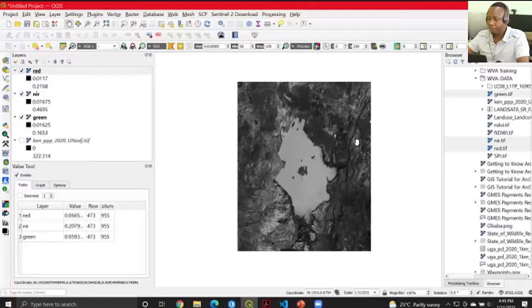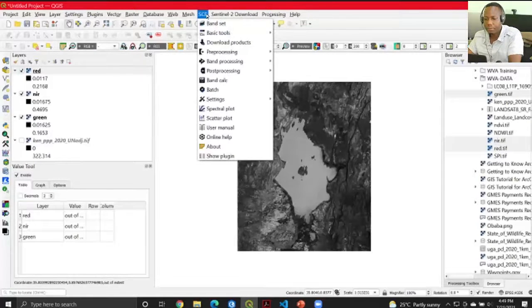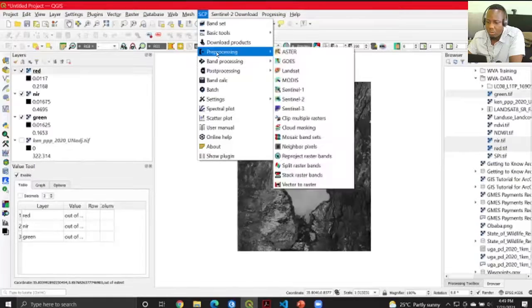Remember, if the surface water keeps reducing or changing at a high rate, then that means the rate of vulnerability of that wetland is really, really high. So we'll go ahead and then go to SCP plugin, and then we go to processing, and then under processing we pick